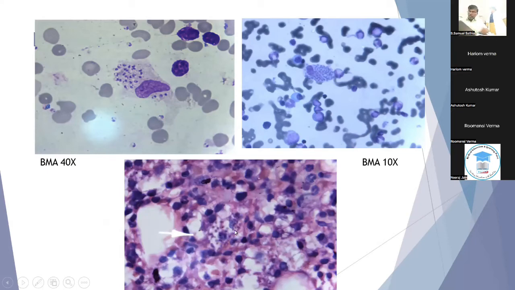This is the trephine biopsy. Here again we see a macrophage with these LD bodies inside. So this patient had bone marrow leishmaniasis, and this leishmaniasis can also give rise to reactive changes in the marrow, like an increase in